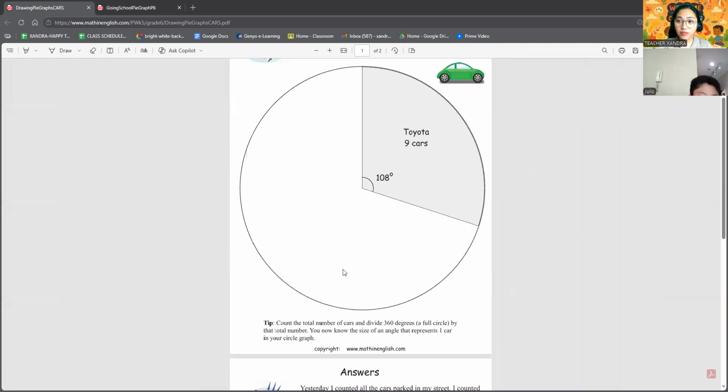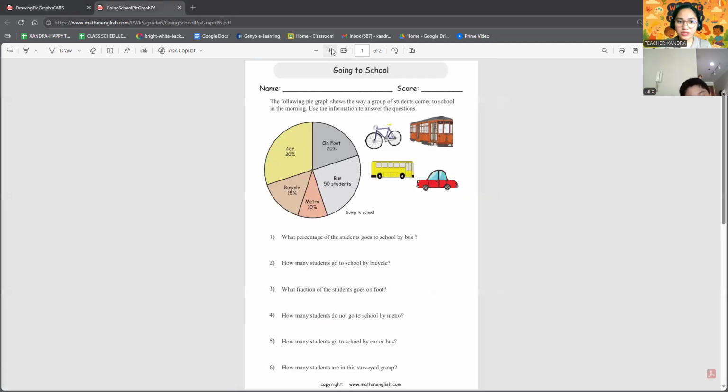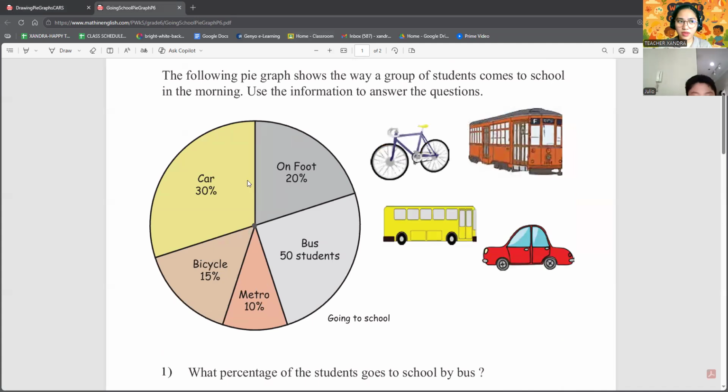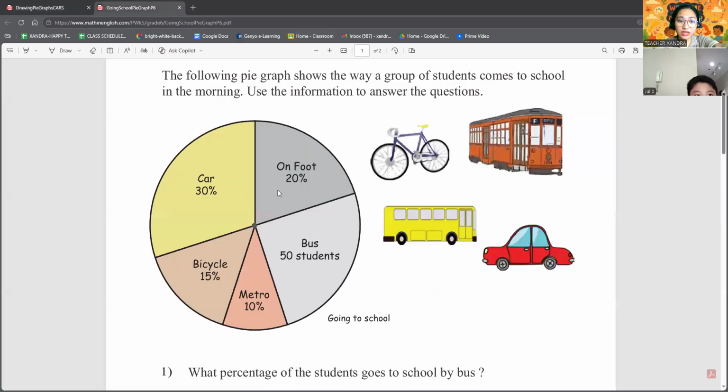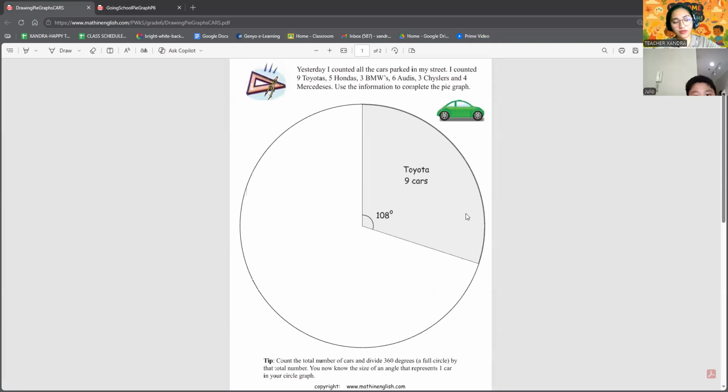But teacher, we did a work like this with the percentage, but there was one part that did not have the percentage, and it said something. Okay, but for now, you will be making the pie graph correctly. Then the next part is all about the percentage where there's no percentage. Because we still have a lot of time.